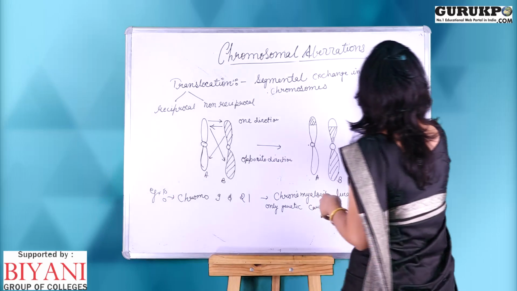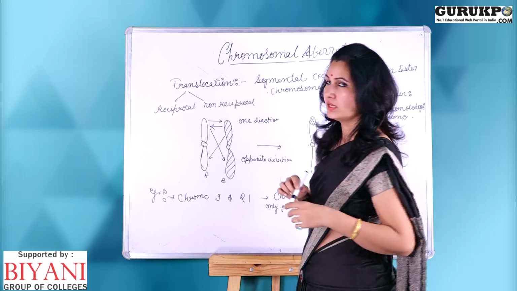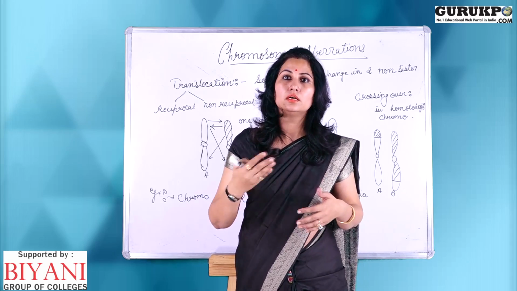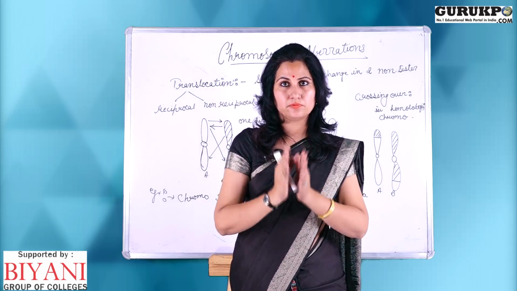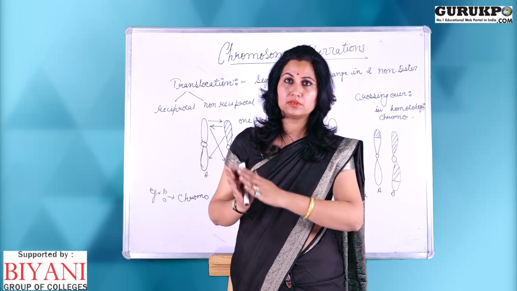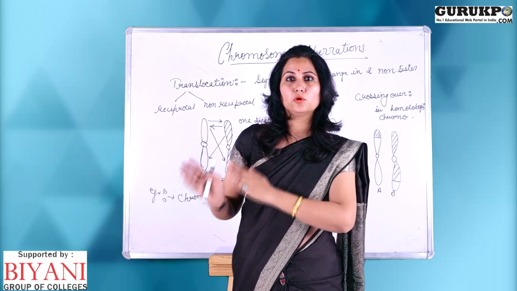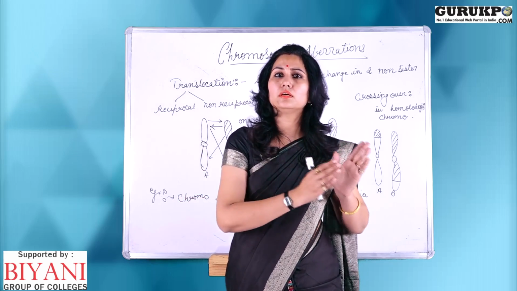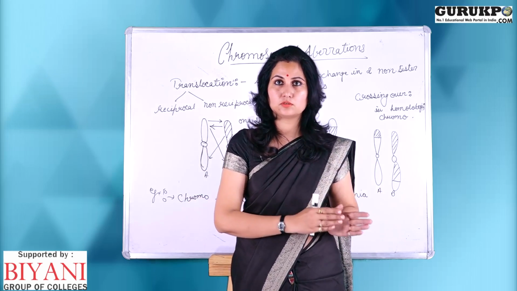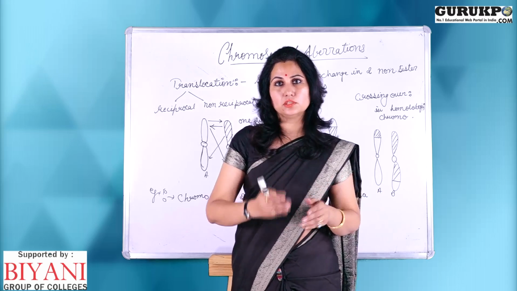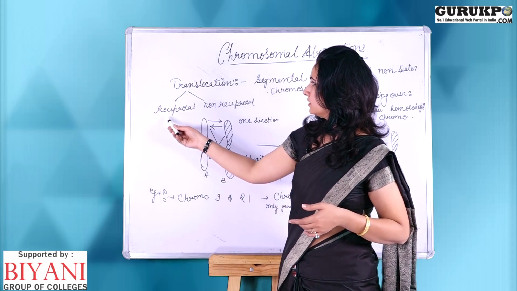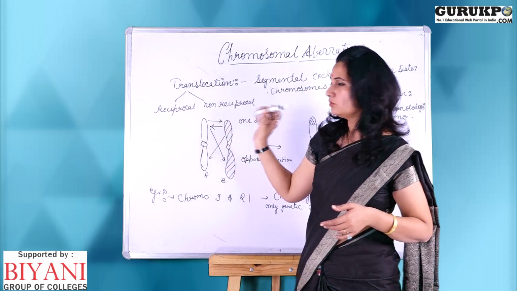Translocation is the segmental exchange in two non-sister chromosomes. Yes, you must be recalling the term crossing over along with this, as I said, the segmental exchange, but there is a difference between translocation and crossing over: in translocation the segmental exchange is occurring in two non-homologous chromosomes, whereas the segmental exchange which occurs in homologous chromosomes or sister chromatids is known as crossing over. Fine. So the translocations are of two types, one is reciprocal and another is non-reciprocal.